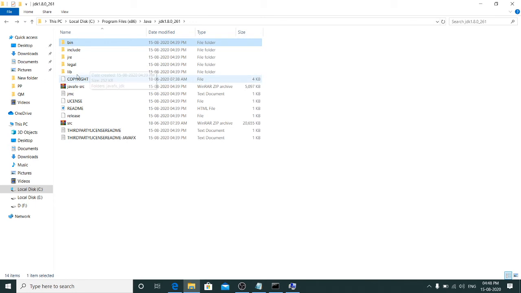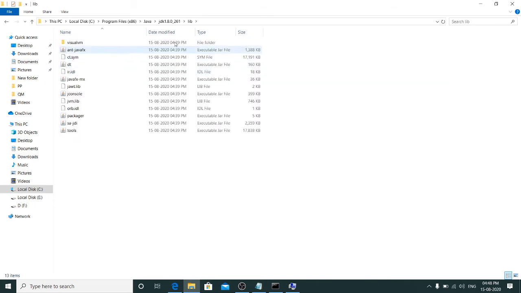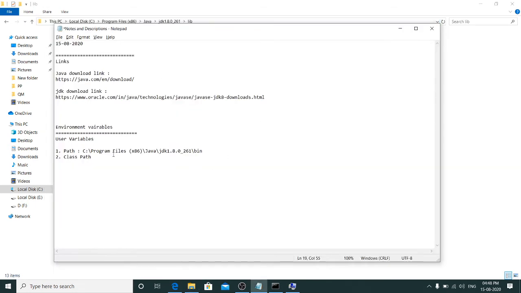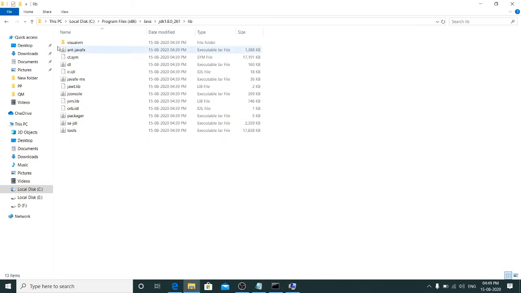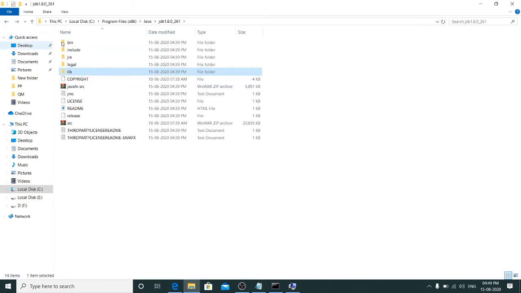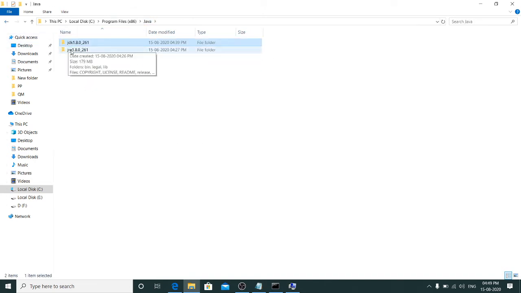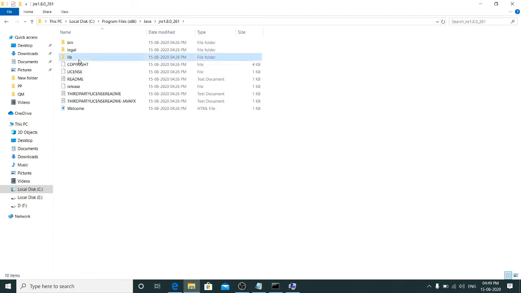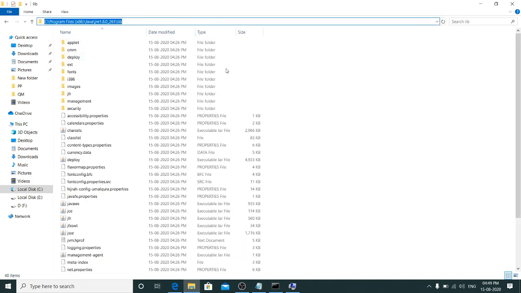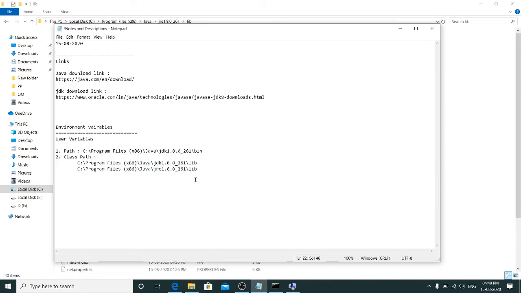So JDK lib, copy this, paste it here, and just a note, for ClassPath you have to set two paths. One is JDK lib and the other one is JRE lib. Just go to Java again, go to JRE, go to lib, copy this path and paste it in a separate notepad so that you will have it as a note.